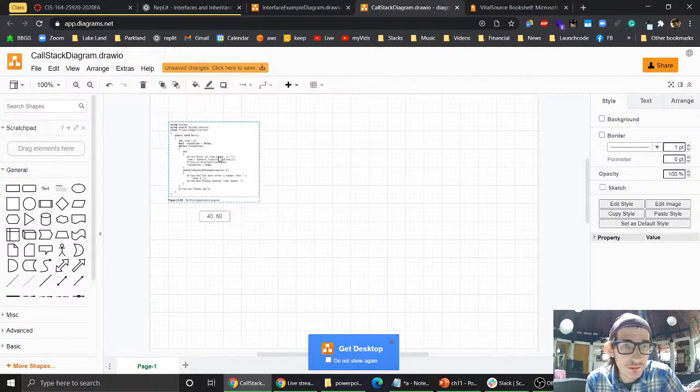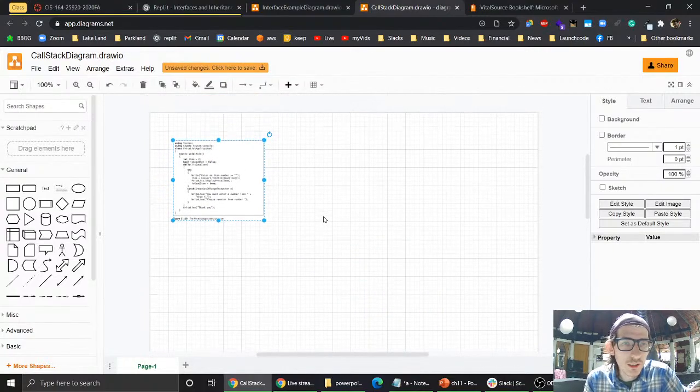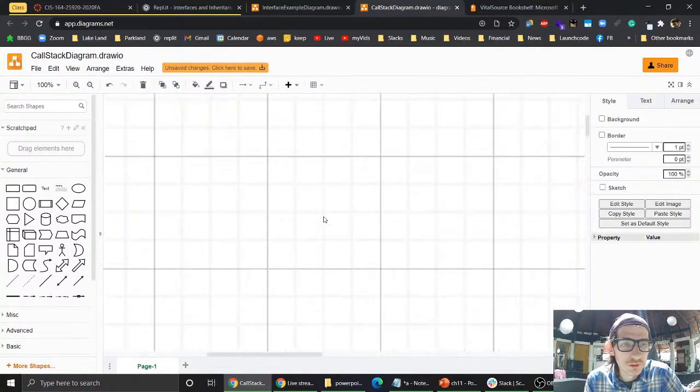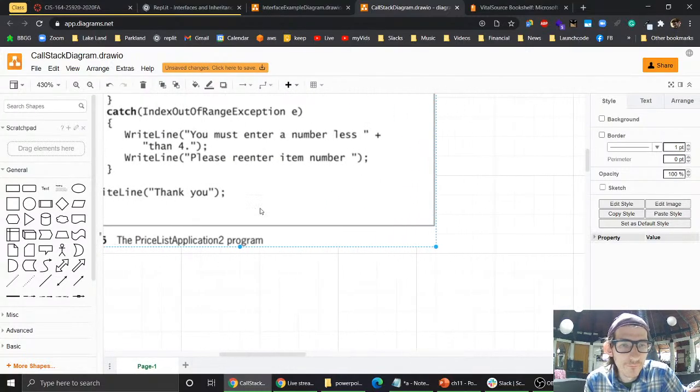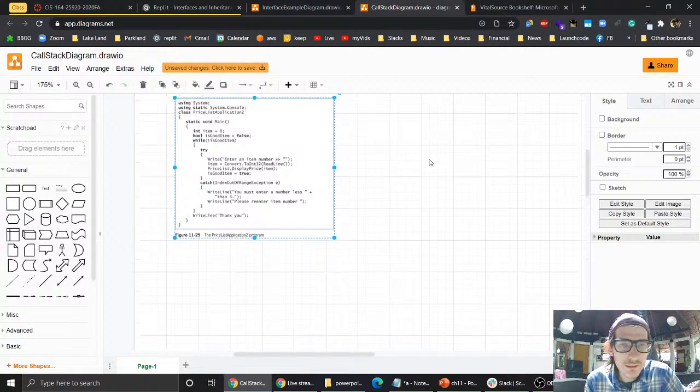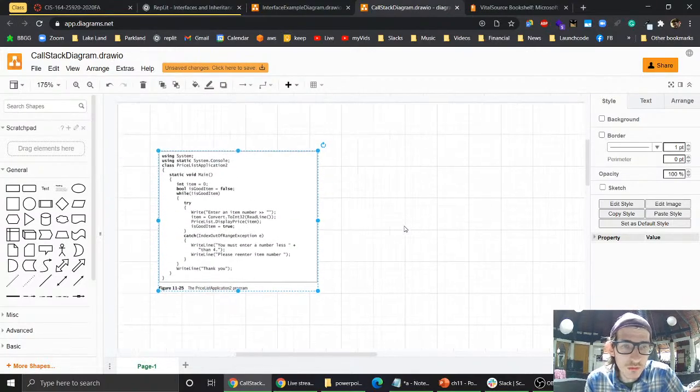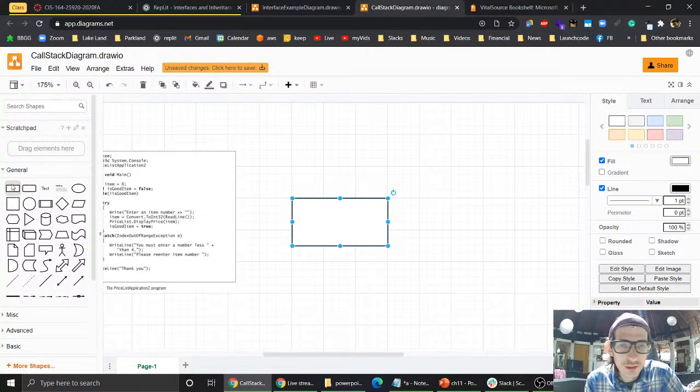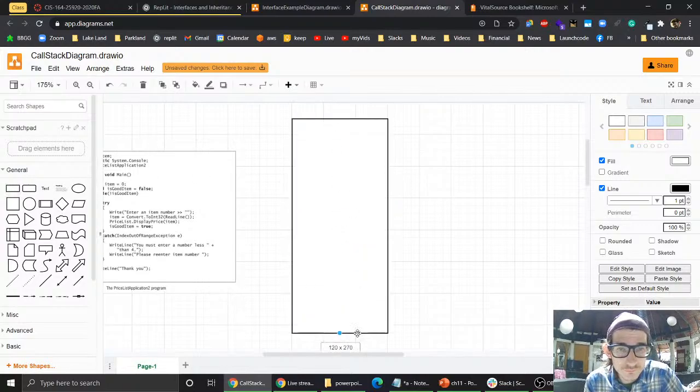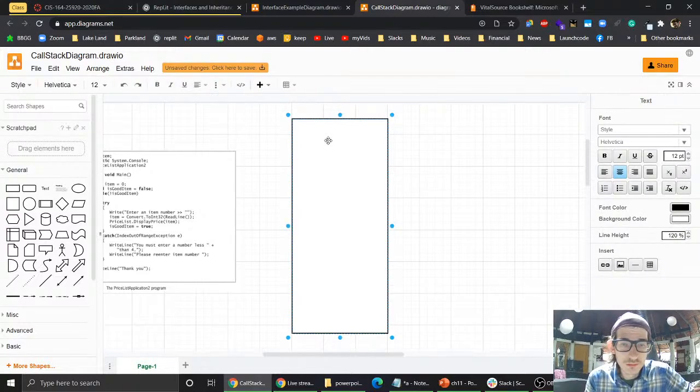All right, take this code. All right, so when you execute the program, it's going to run main, and so in memory, the highest level of the call stack for this program is,